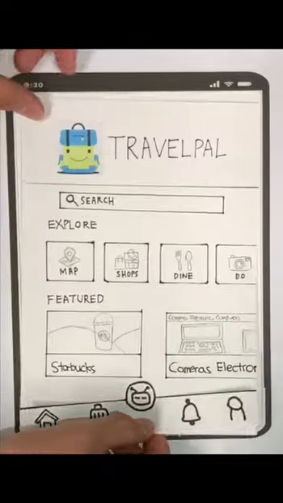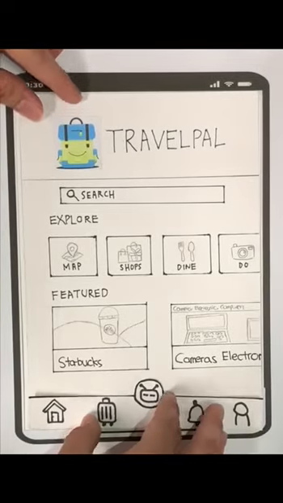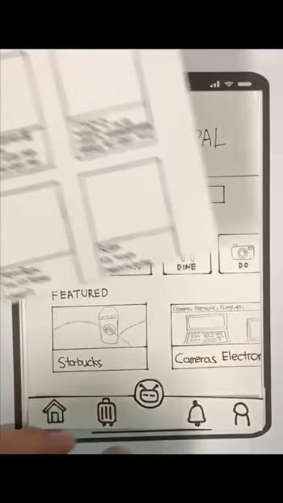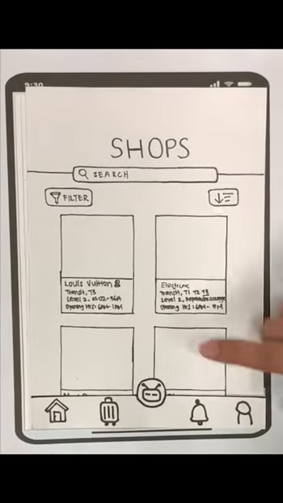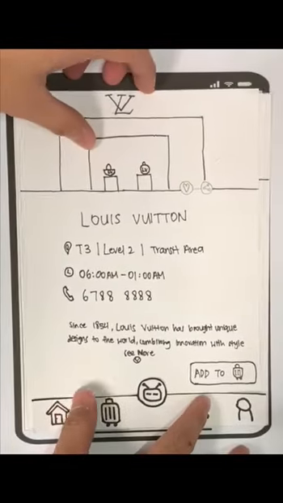Madhav sees an advertisement of TravelPal online, which serves as a platform for assisting travelers to maximize their time at the airport, as well as maneuvering around the airport. Madhav downloads the application and starts looking at the shops available at the airport. He ran through the long list of shops and found a shop of interest. He then adds this shop to his schedule.